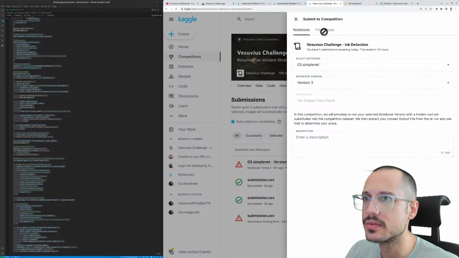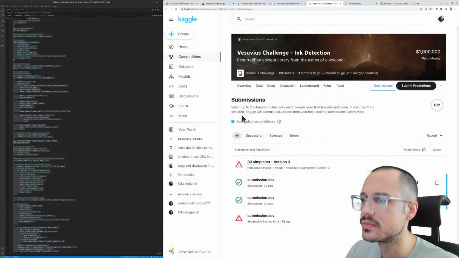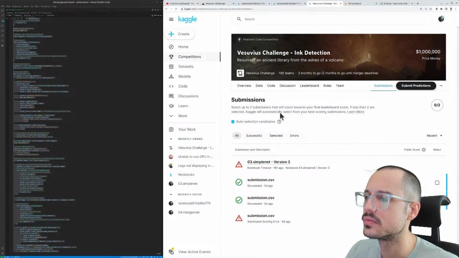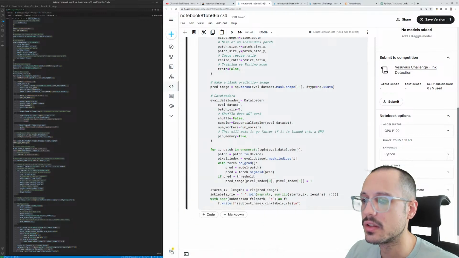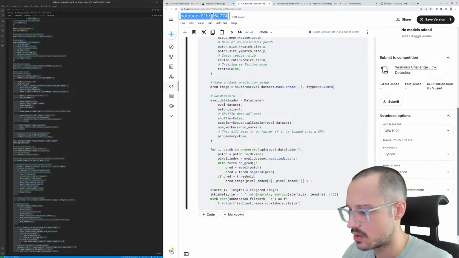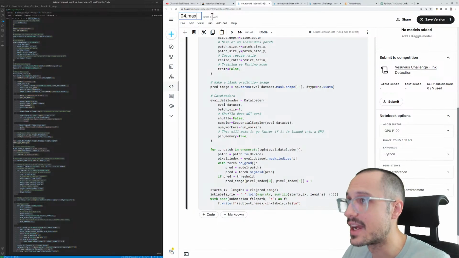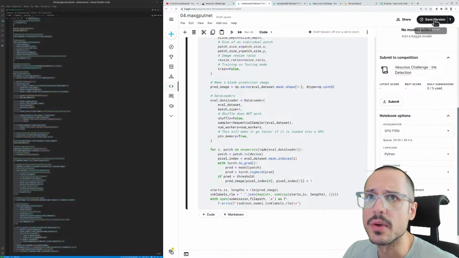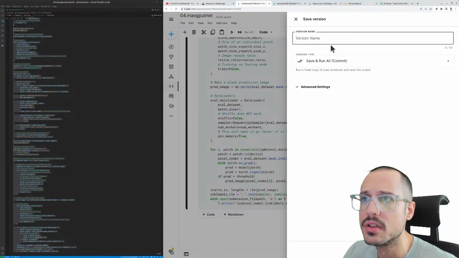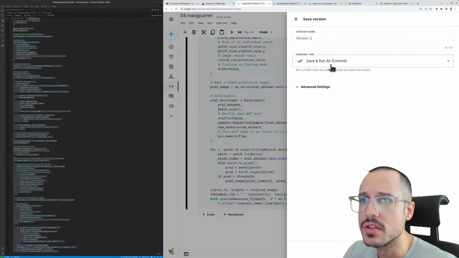Select notebook. Kaggle shift. 04 max. Save this. Save and